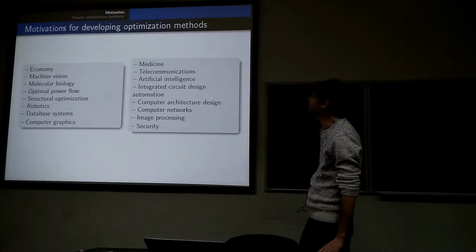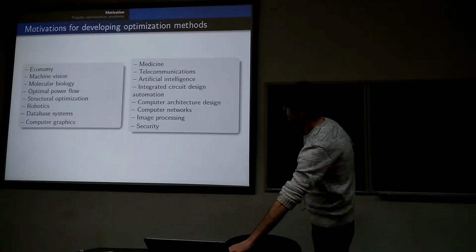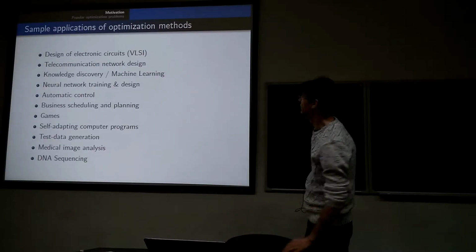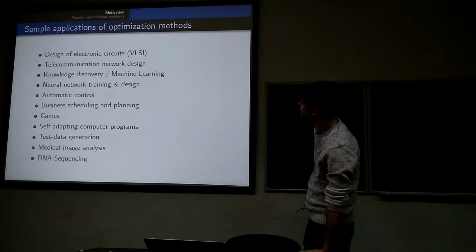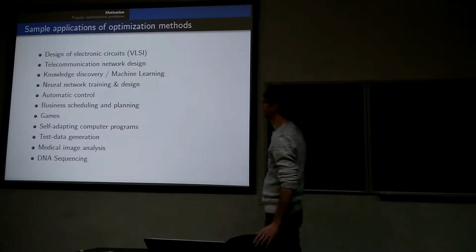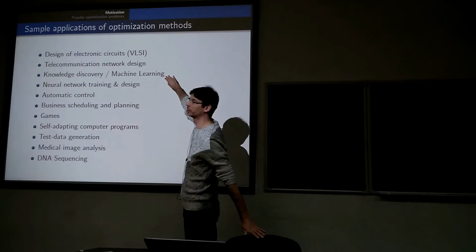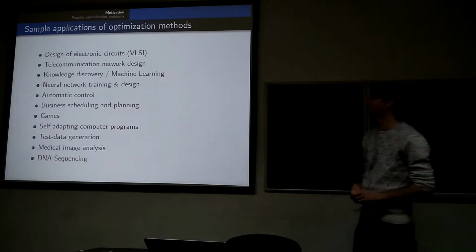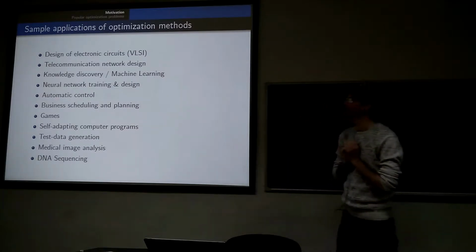A number of domains of life where optimization is present and useful. This is another list. And funny thing, we will talk about knowledge discovery and machine learning as a different section of this lecture. This is why we start with optimization,